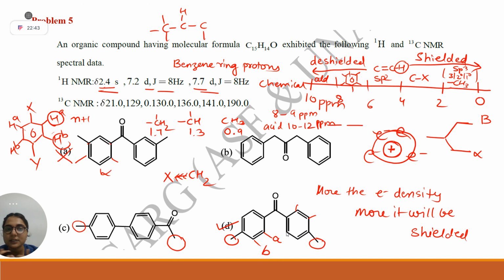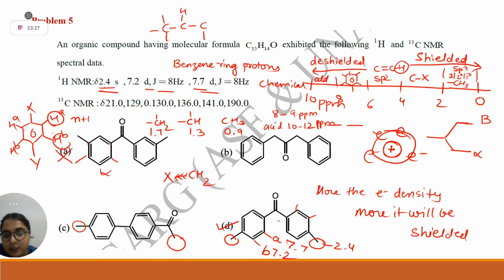Okay. I will say one line, then you answer. The more electron rich your proton is, the more it will be shielded. It will be towards the tetramethylsilane side. The more your proton is de-shielded, meaning electron deficient or electron withdrawing groups are attached to it, it will de-shield and your chemical shift will be more. Now tell me, 7.7 is which proton? HA. Very good. HA is your 7.7 and HB is your 7.2, and these are your 2.4. Is this question clear to everyone how I am solving?